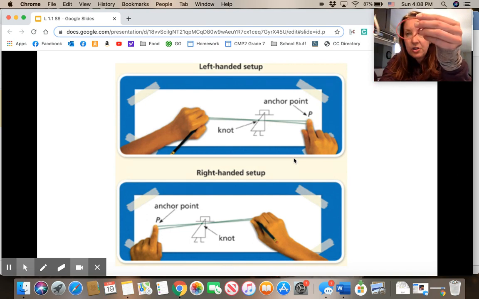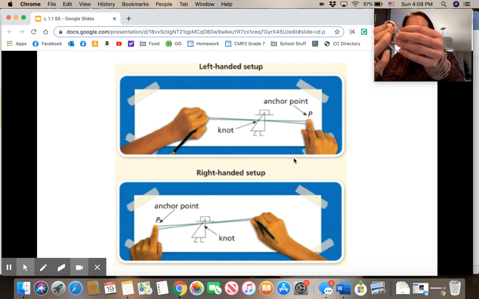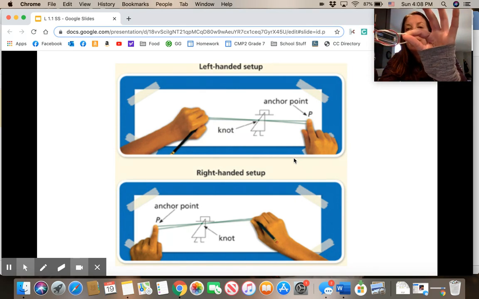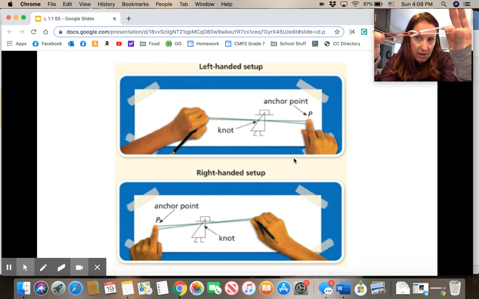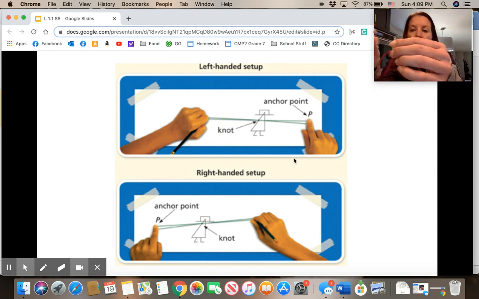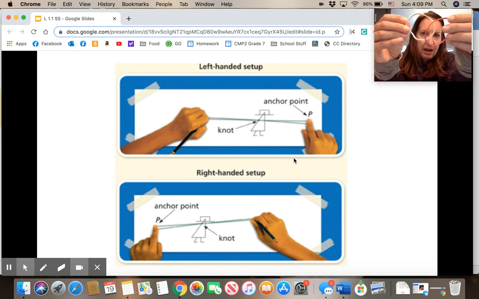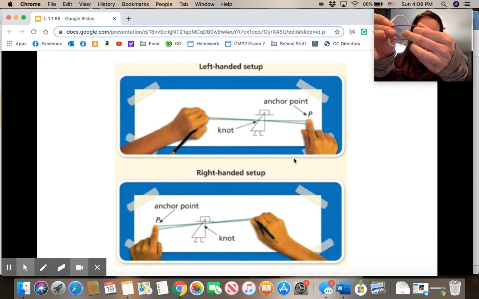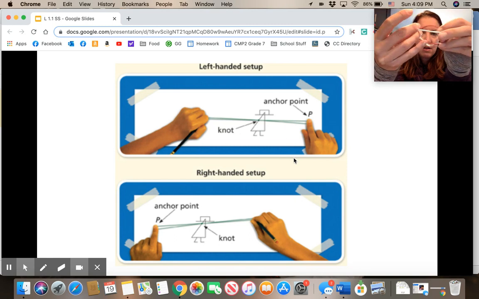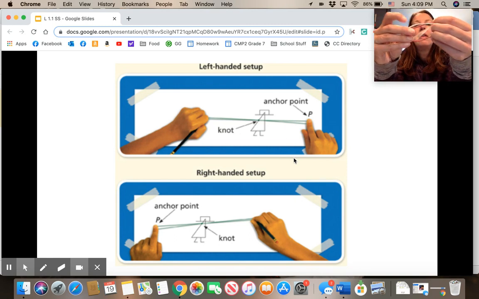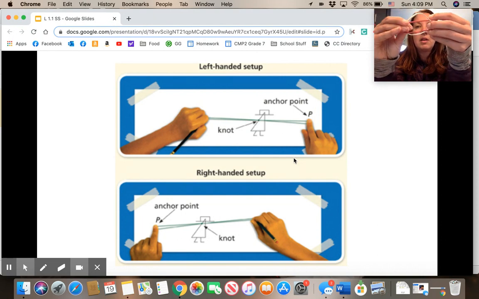So the 2-band stretcher, you essentially are just going to loop 2 bands together and pull, right? So that you end up with a knot in the middle. Okay, so again, I have 2 bands and I just put the one inside the other. Oh my gosh. And then this is going to be really hard to describe on camera, huh? And then you have to pull,